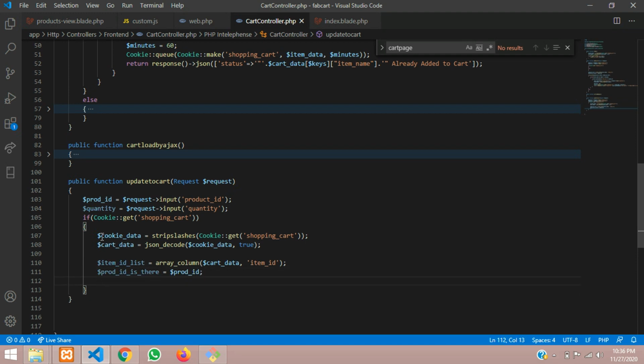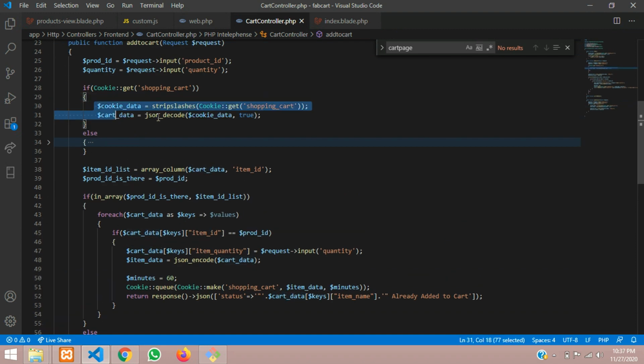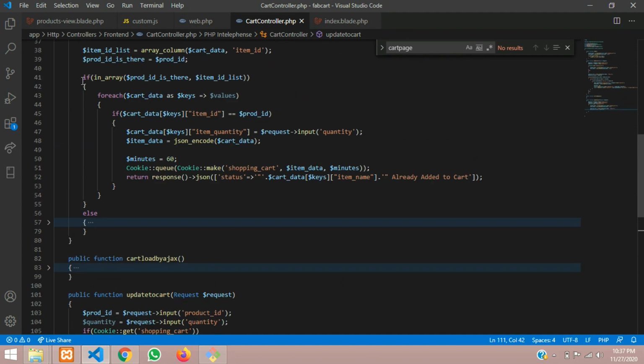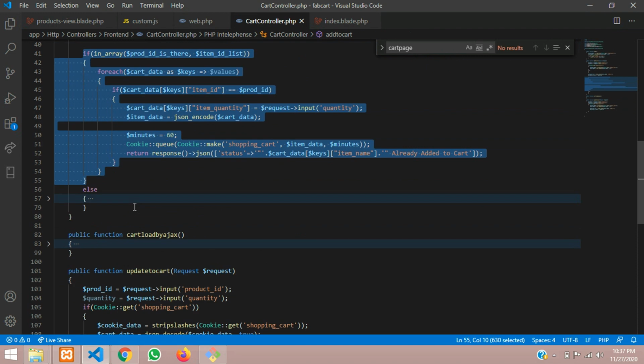Now if you want to confirm this data and all, you have already inserted over here. As you can find, if this cookie is there, the same thing is called over here, nothing else changed. And then simply, we will be sorting out the data and then stating with the same functionality of if condition. Copy and paste.